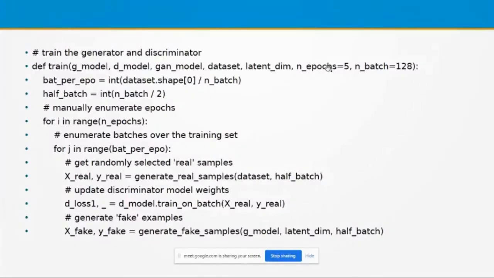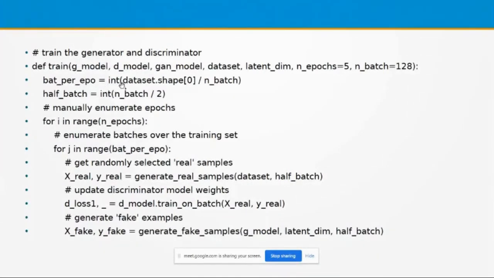In this example I just used only 5 epochs, and number of batch, that is 128. So 128 images are considered in each iteration.